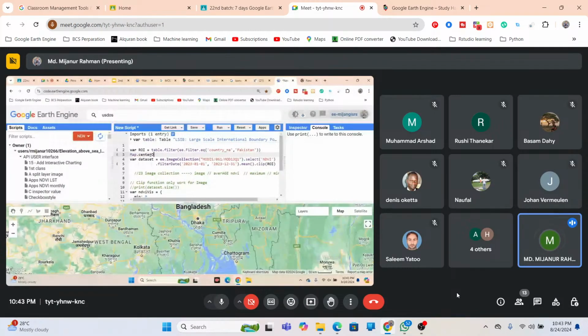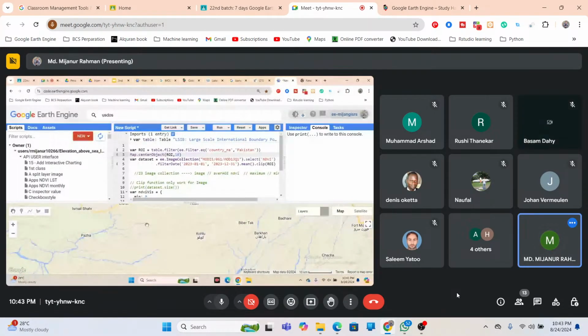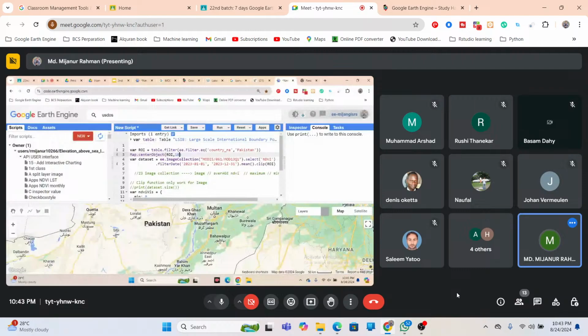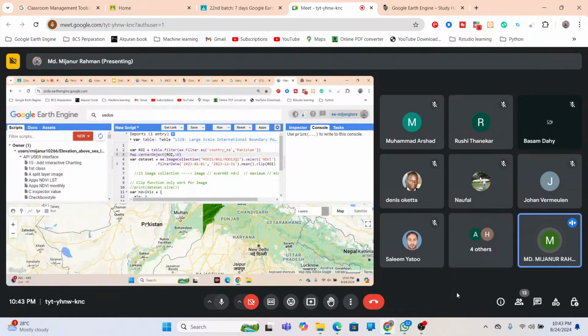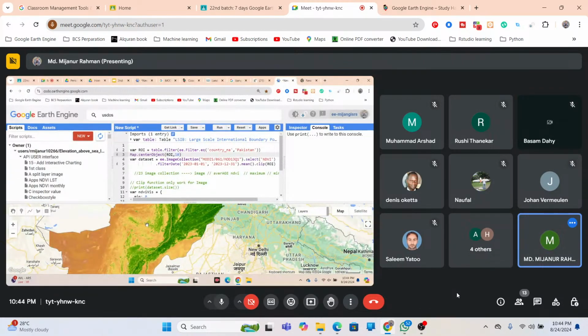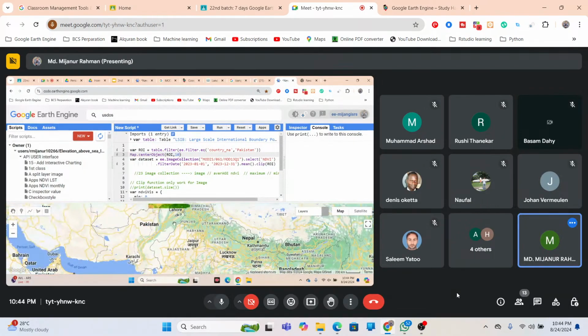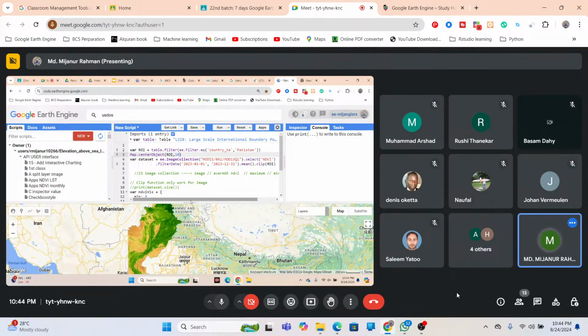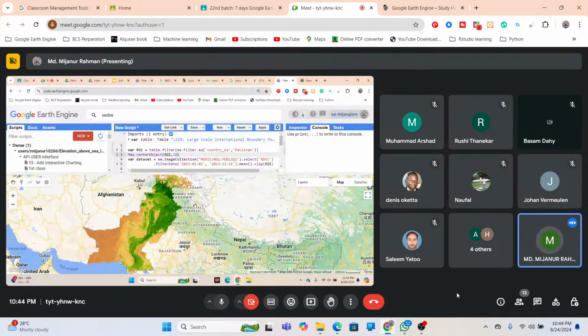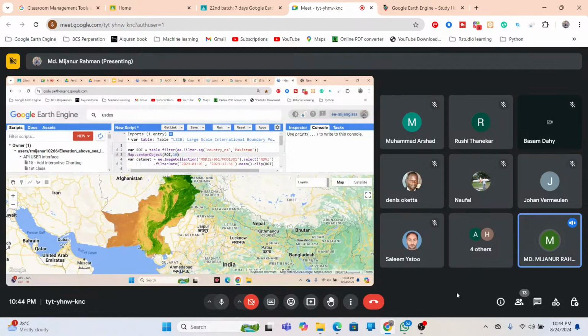So now we can easily get this NDVI map for Pakistan for the year 2023. It's the average NDVI map. If you want, you can also calculate the maximum or minimum NDVI. So you can see you can get this type of NDVI map. Further, suppose I want to check for